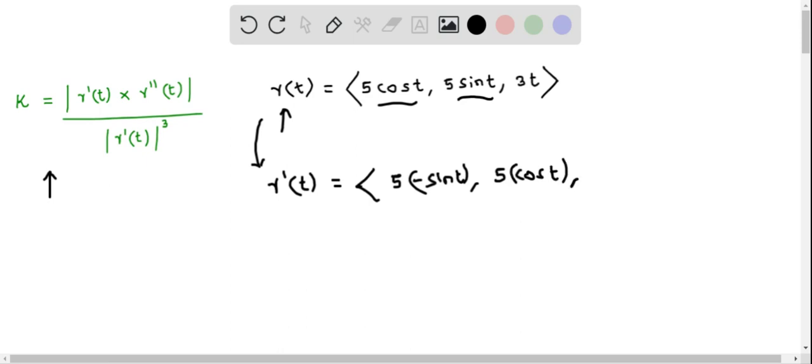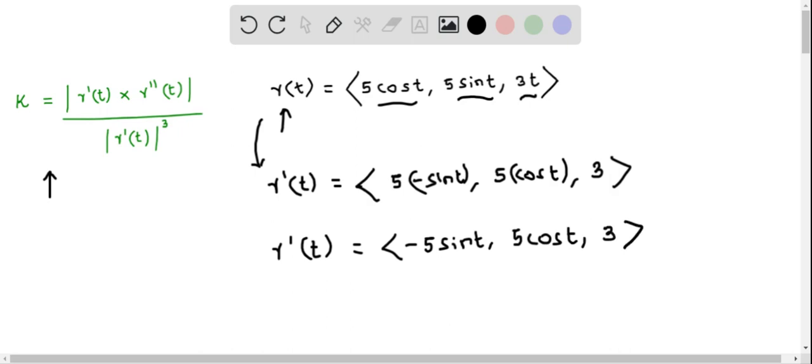And the derivative of 3t is 3. So in simplified form, r prime of t equals negative 5 sine t, 5 cosine t,